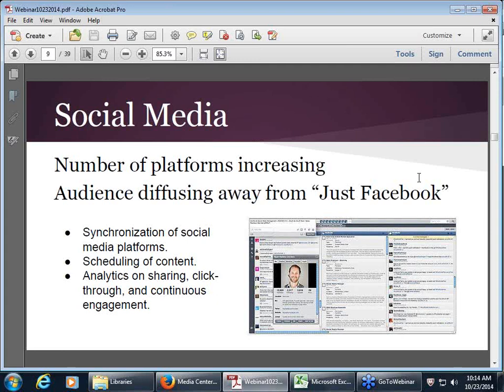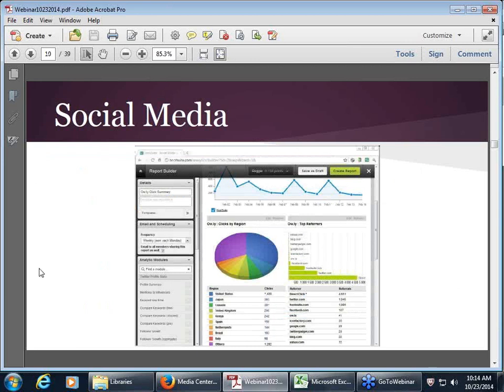You can do that. And of course, there's analytics built into this that show how effective each of your posts were. Just an example of the analytics page for Hootsuite. So typical outputs of that would be number of people that click through, where they're located, languages of the people who visit that particular link, where they saw that link, so which platform it came from.